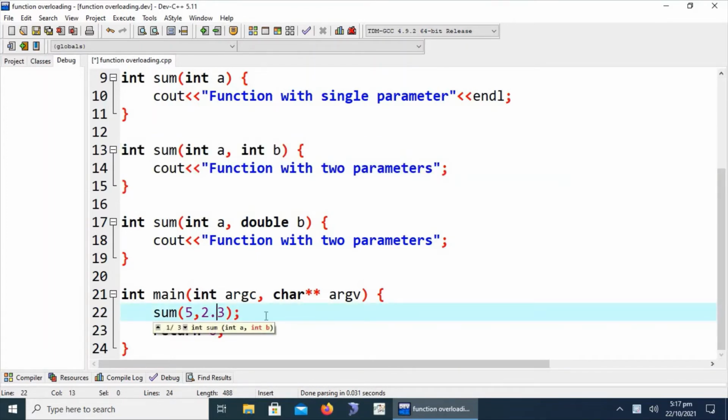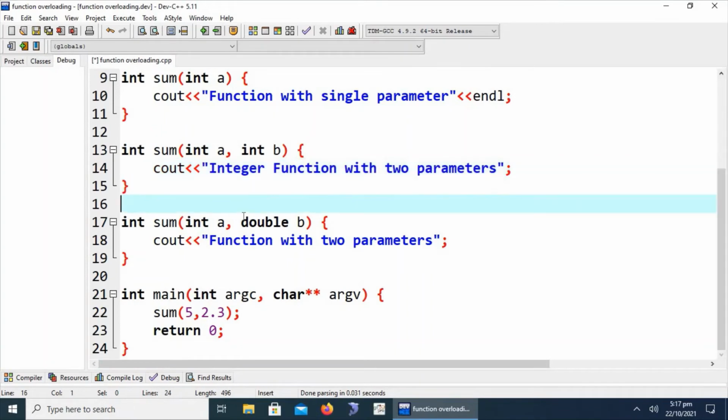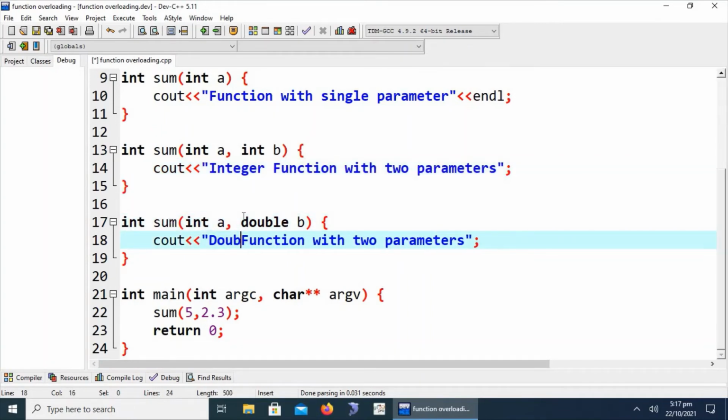Let's suppose we have written here 5 and 2.3. Here for ease we write a proper message: integer function with 2 parameters. Here we write double function with 2 parameters.